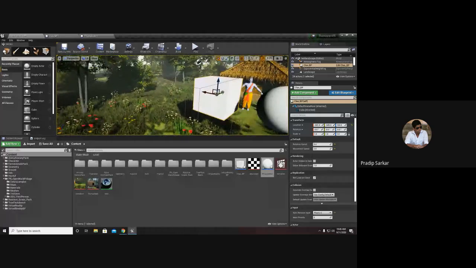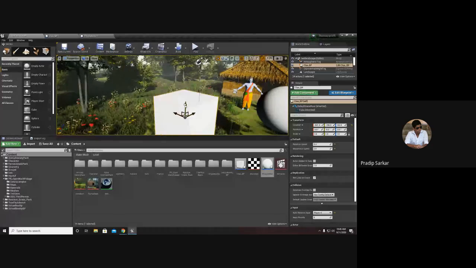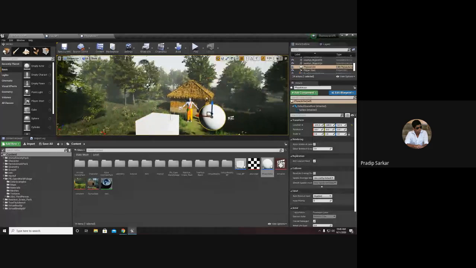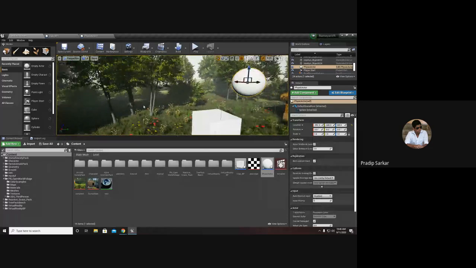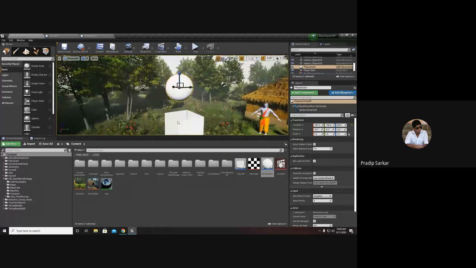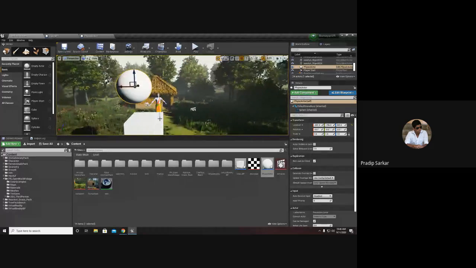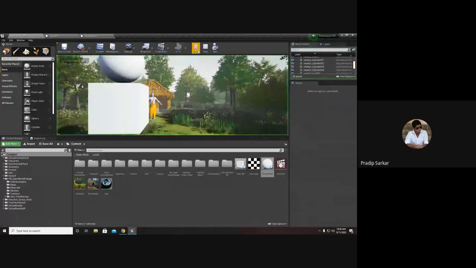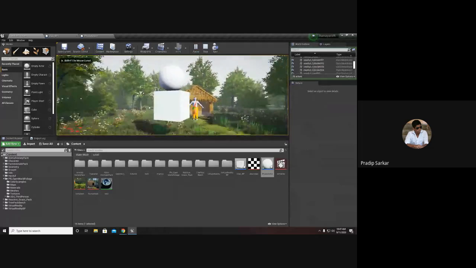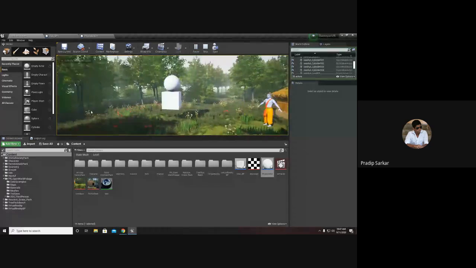If I put my cube, and above the cube I put the sphere, this time when I hit play, it will stay above the cube.